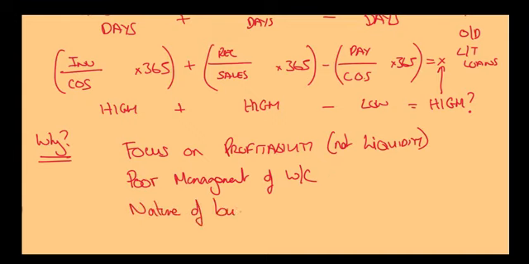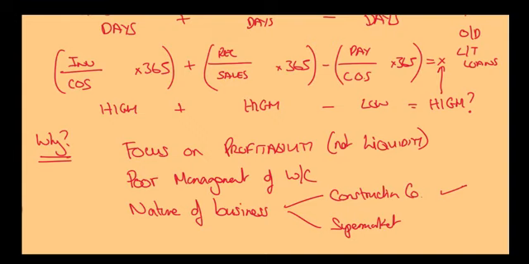And the other one will be the nature of the business. Because you think about this. I'm going to give you two businesses: a construction company and a supermarket. Which one of them has a high working capital funding problem and the other one has a low one? So take a construction company. Will they have lots of inventory? Yes, they will. They'll be tied up. Because they're building something for a long time, they tend to not get paid till later, do they? So they'll have loads of stock, loads of receivables until they eventually get paid. So this would be high.